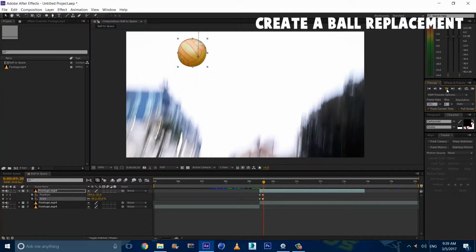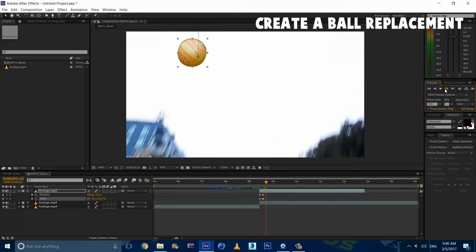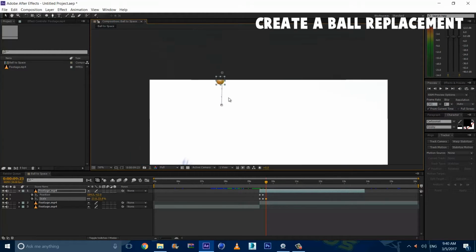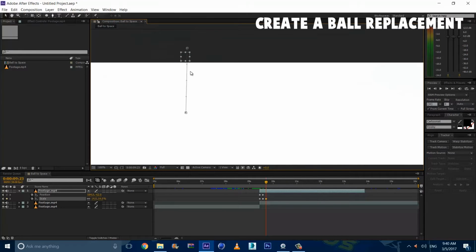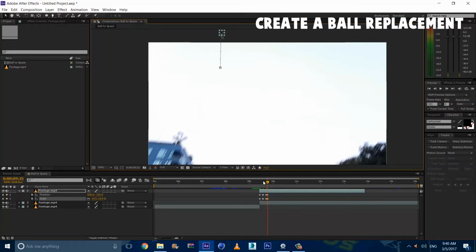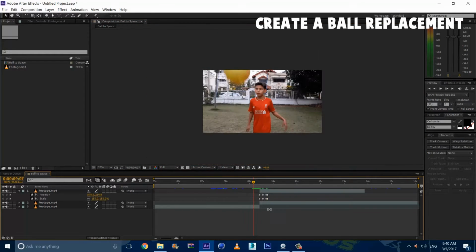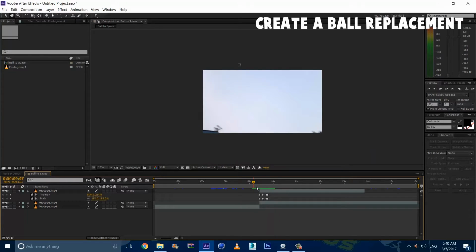And let's go again, 1, 2, 3, 4. We're going to scale it down now about here, and just almost done, and just go maybe like 2 frames and put it out and make it smaller like so. So now we should have something like this. I know it's bad, but it won't be for long.